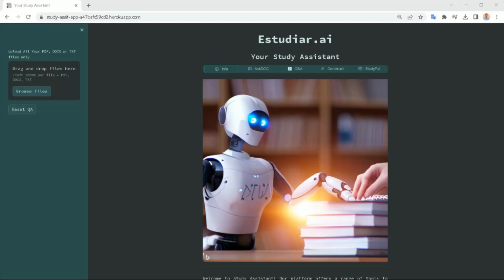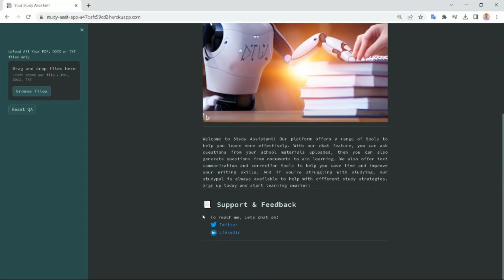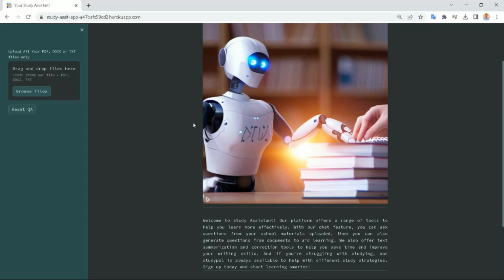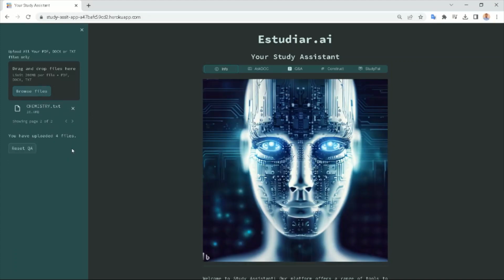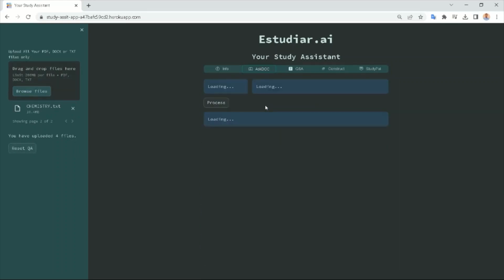Hello, so this is a dashboard where we can practice and play with the tools. Now, the very first thing I'm going to be doing is to import all the necessary PDF and TXT files associated with the materials you are studying. So once everything is loaded, you can decide to start using my first tool, which is to ask the AI